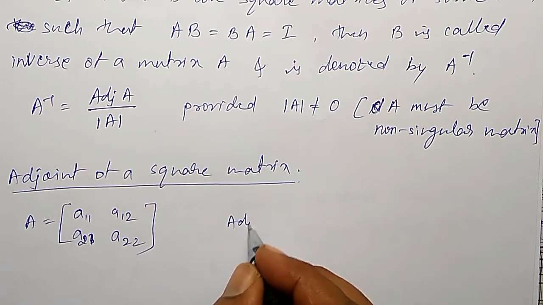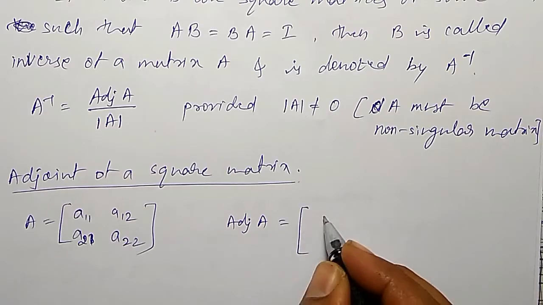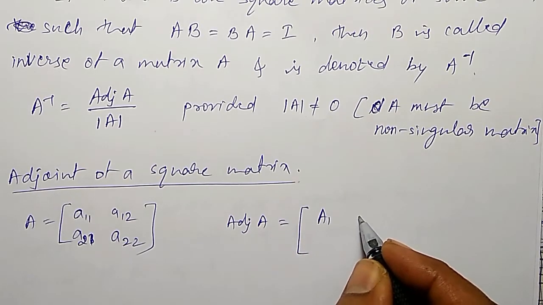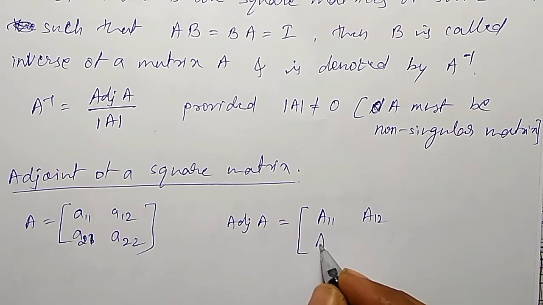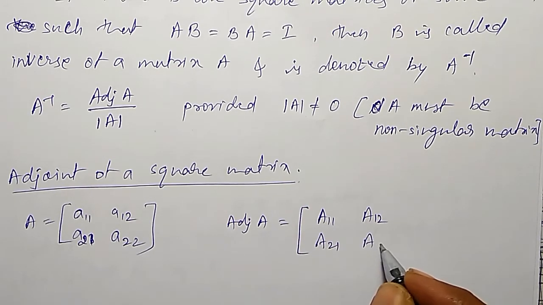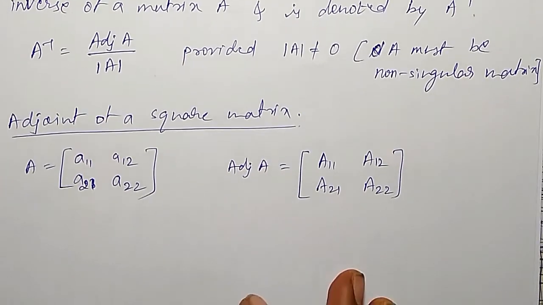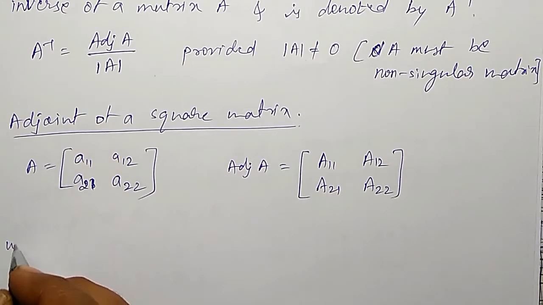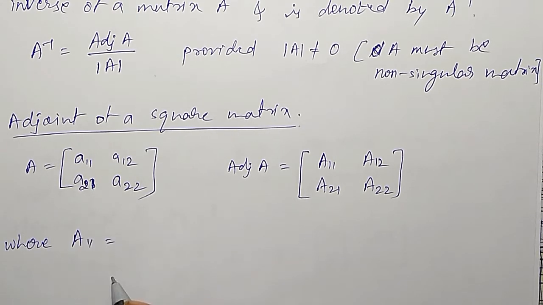Therefore adjoint of A is equal to the matrix of capital A11, capital A12, capital A21, capital A22, where capital A11 is equal to the determinant, minus